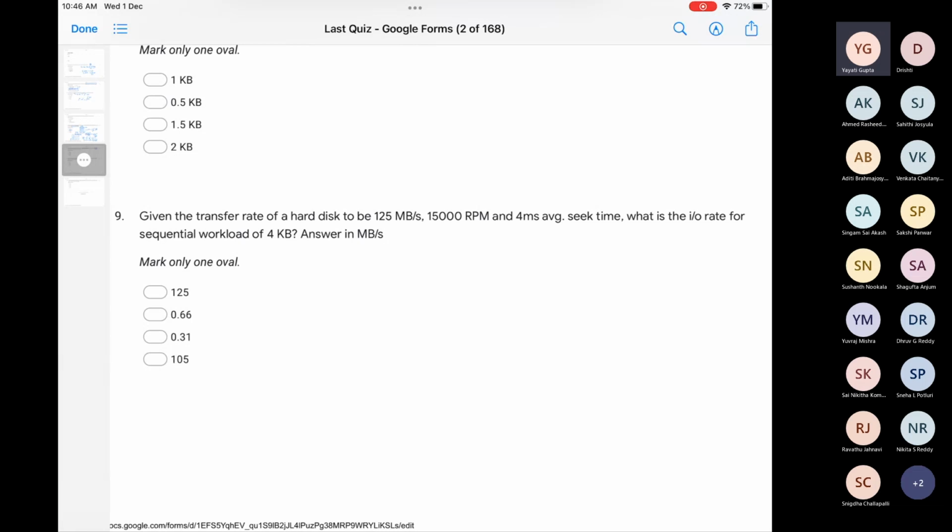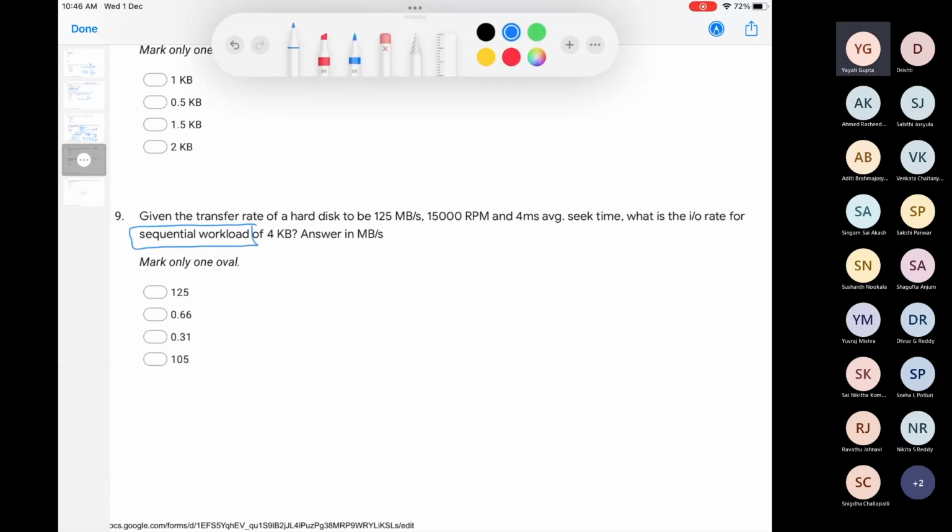We discussed it. So whenever you have a sequential workload, right? So we discussed that in the case of a sequential workload, there is no movement of read-write head required. There is no movement of rotation required, right? So as your disk is rotating, you do not need to move your read-write head at all. And as your disk is rotating, you can do the computations at the same time. So you do not have to wait for some other sector to come below your read-write head.